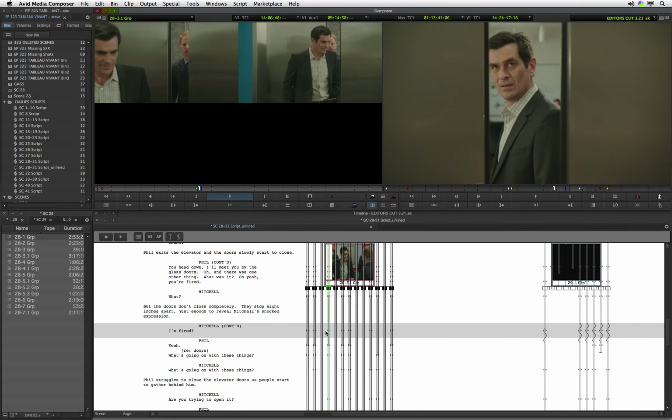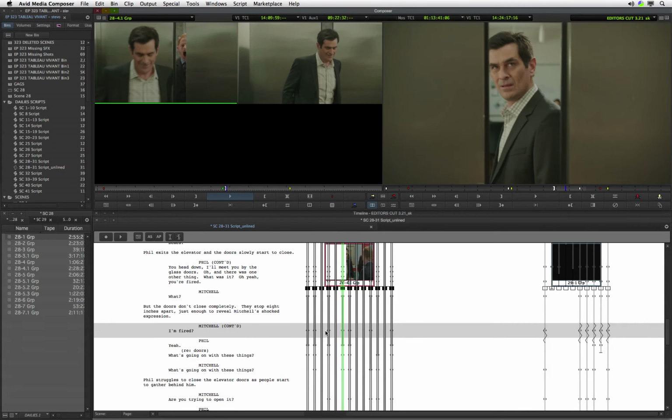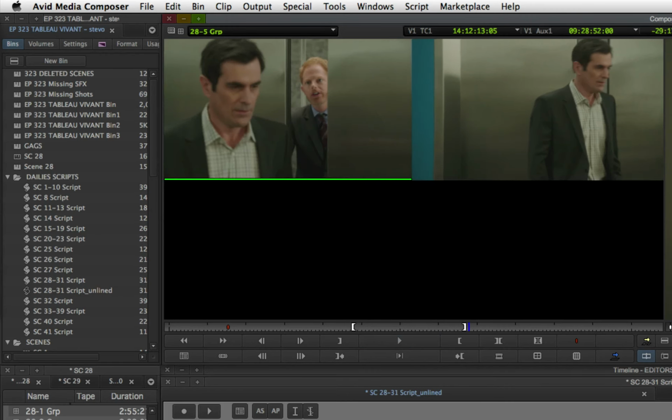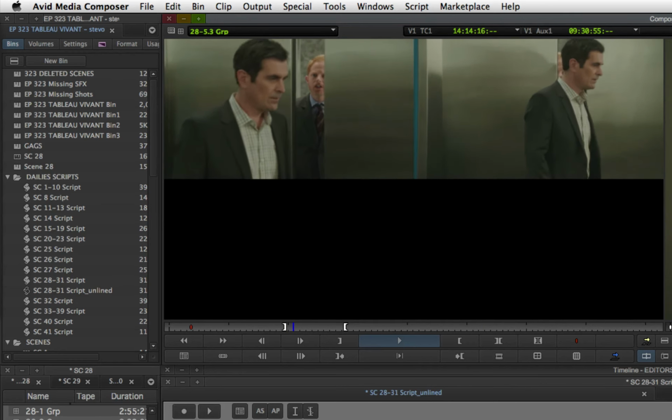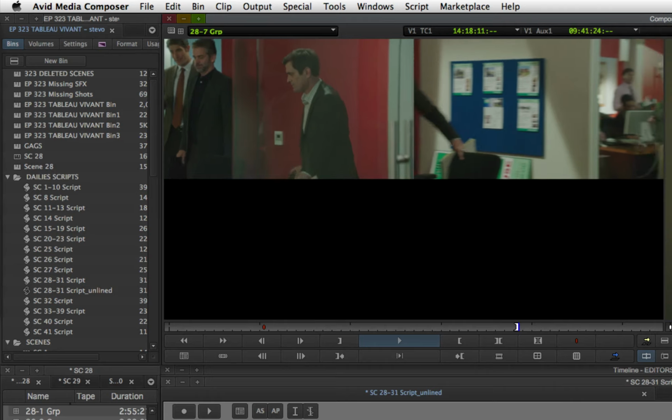You can press Tab to skip to the next take to the right, or press Shift-Tab to go left to a previous take. Once you find the take you want to use, there's even a special technique for getting it into